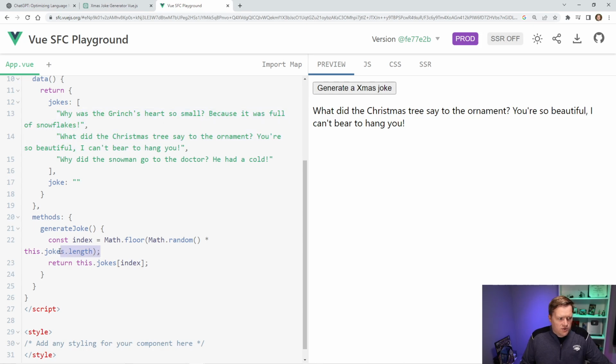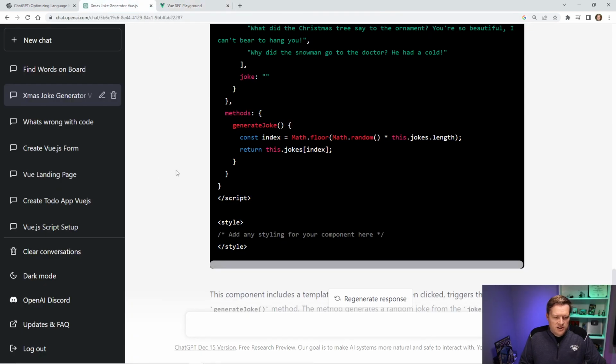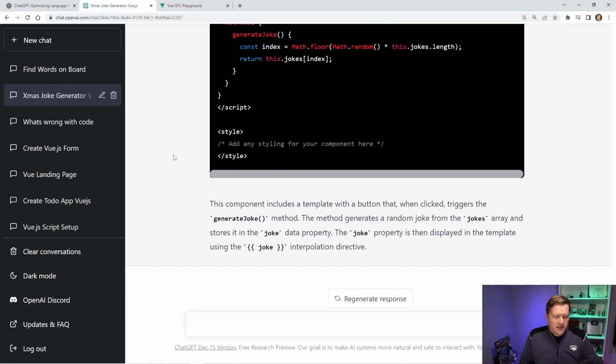It looks like it's just doing a random method to do it. Yeah, so it works. I mean, once again, for maybe just learning Vue, this is great. Nothing too complicated. It's really hard to put a complicated problem in here. I would say it would probably take you more time to put in a complicated problem than to figure it out yourself sometimes.